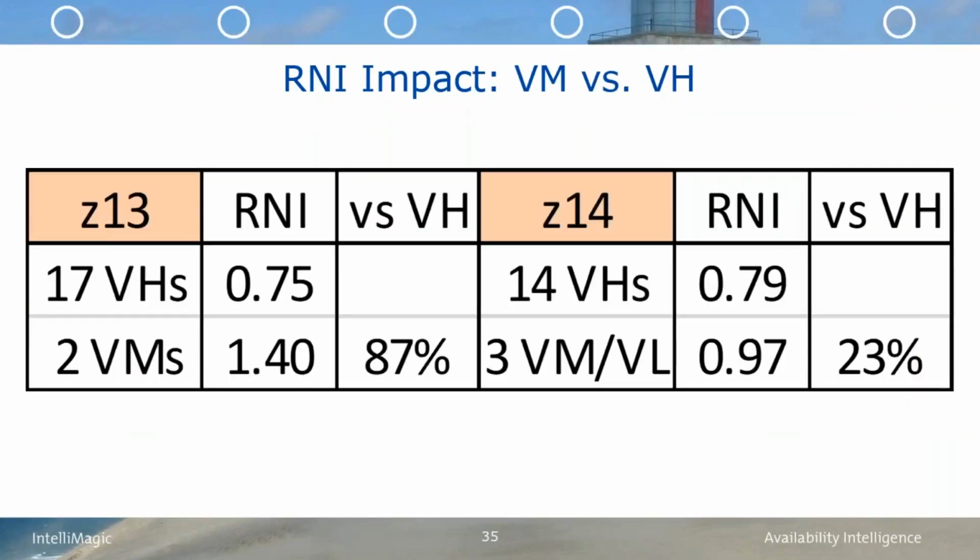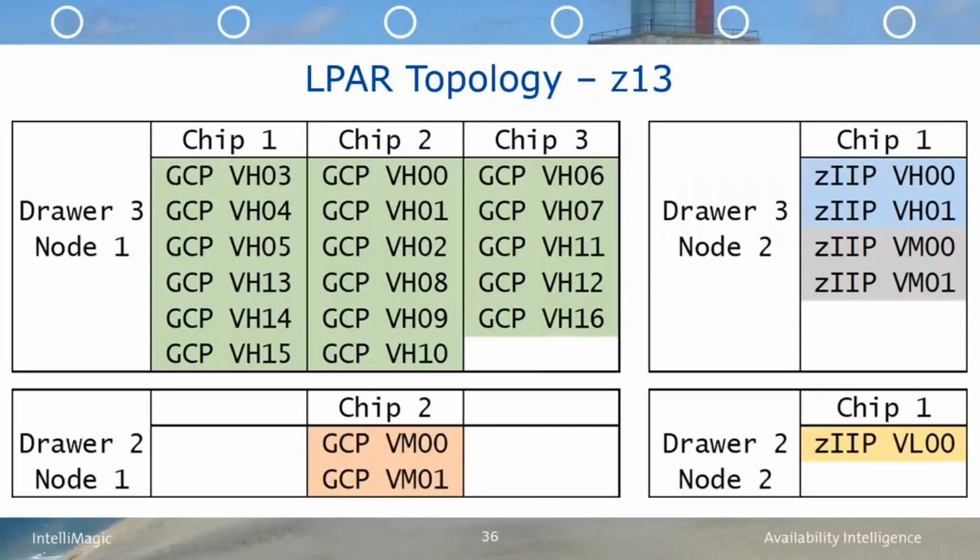Here are those metrics in tabular form. The RNI penalty for the vertical mediums went from 87% on the Z13 to 23% on the Z14. And from our earlier discussions, you may be able to anticipate what the underlying LPAR topology changes appear to be. Here's the LPAR topology diagram for this LPAR when it was running on a Z13. Note that the vertical mediums in orange are in a separate drawer, drawer 2, from all the vertical highs in green in drawer 3. This led to frequent cross-drawer accesses by the vertical mediums and thus the significant RNI penalty